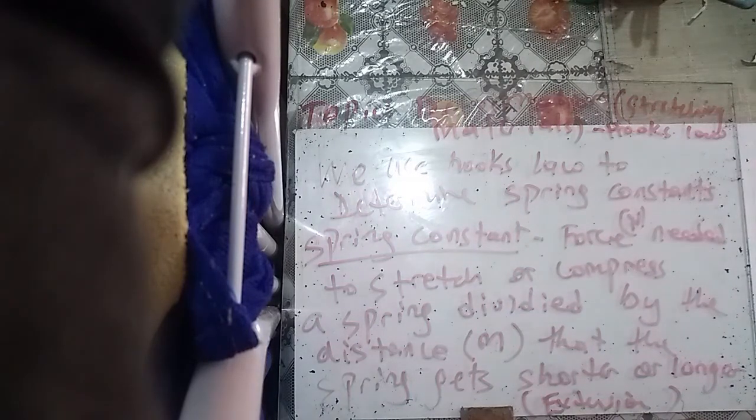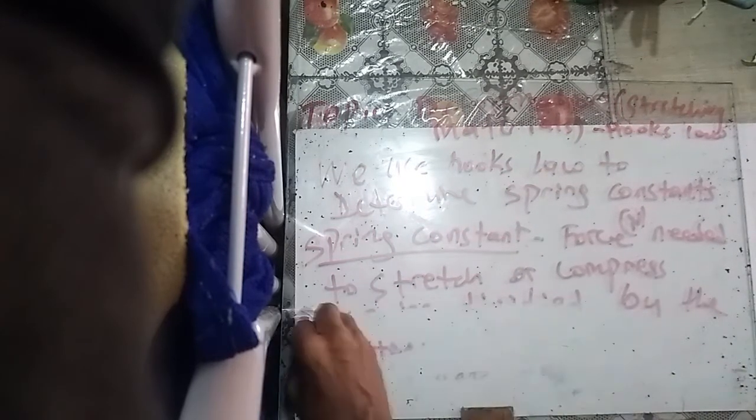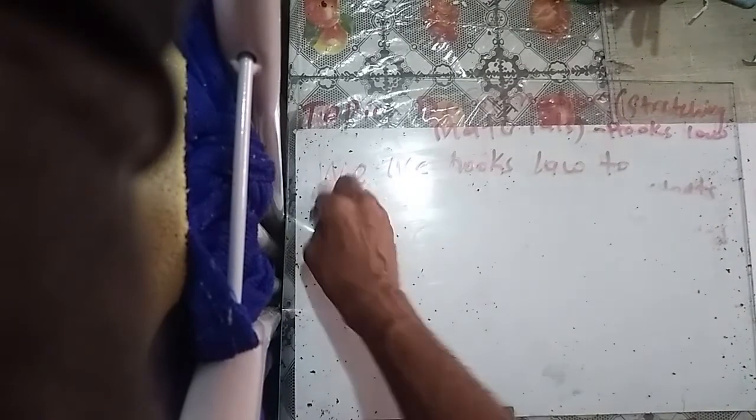You might ask though, how do I calculate it? Well, that is what I am going to show you now. Spring constant is very easy to calculate. It's really and truly a 3-variable equation, which means that it only has 3 parts. Okay, so there's nothing to worry about. So the spring constant,